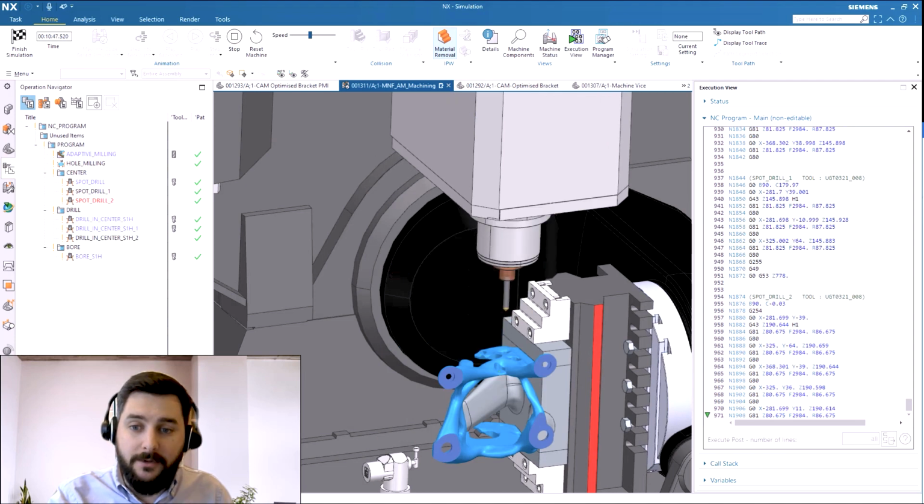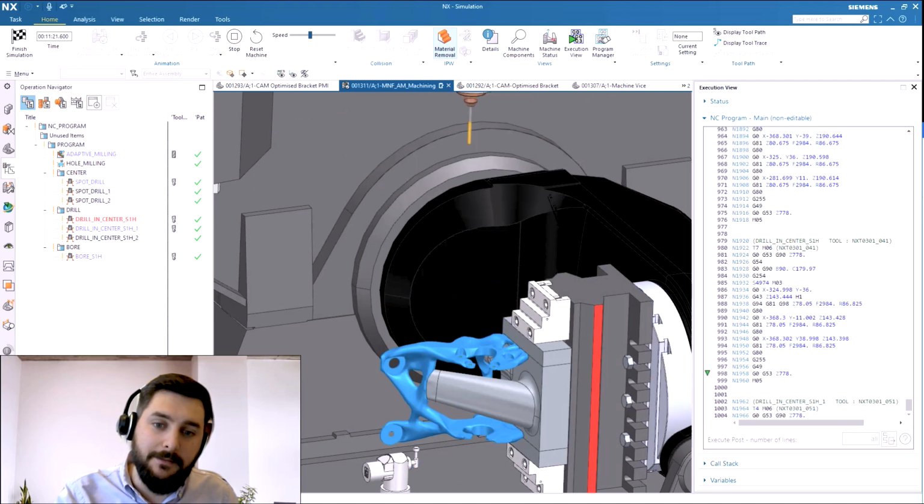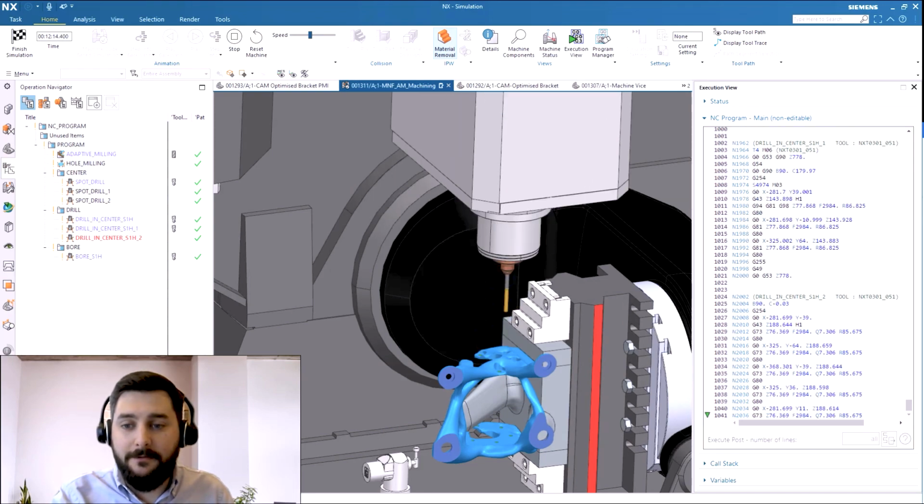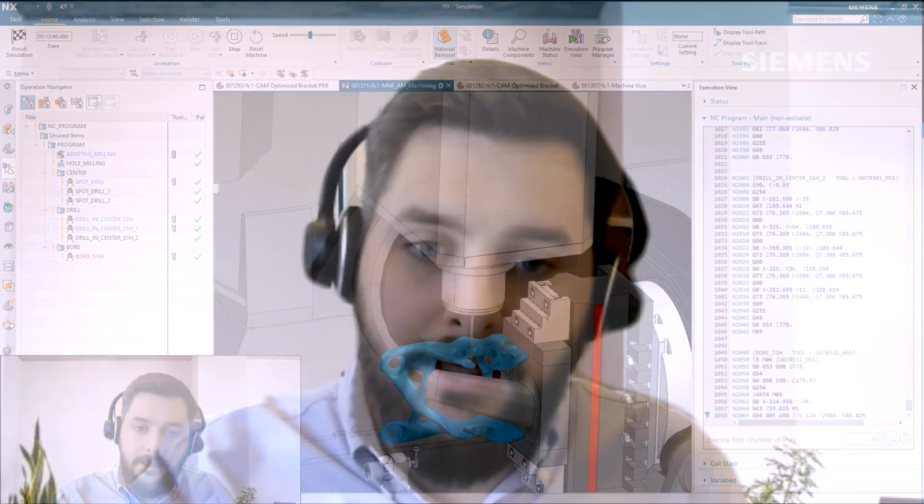NX is the only CAM tool that offers integrated NC simulation and is a fantastic way of validating and ensuring a safe, collision-free toolpath. This concludes the portion of the demo regarding the finished machining in NX CAM. And what we've seen today is how we can take both data from design and also data directly out of the AM application to create custom fixturing to hold that component and to validate the NC program that has been created to finish machine these components.